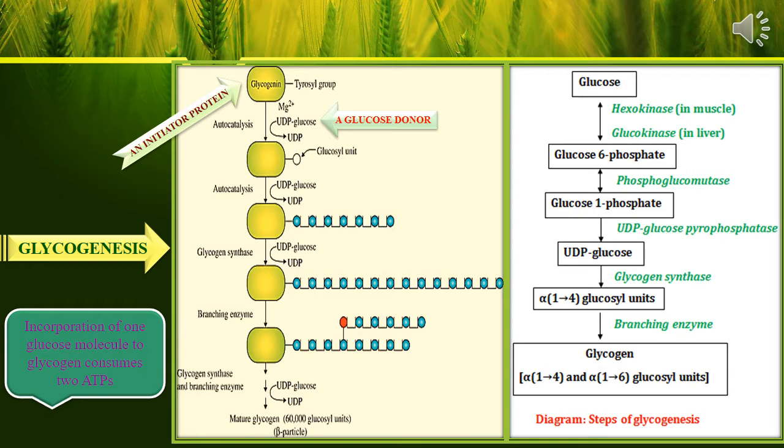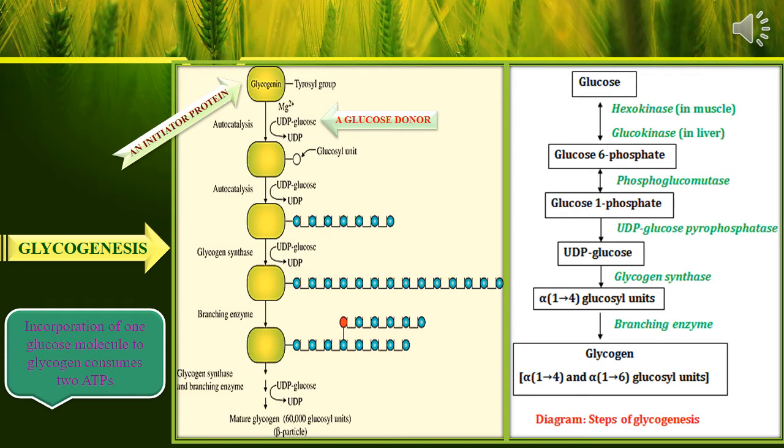As mentioned in the picture, a chain is formed, and by means of glycogen synthase, glycogen starts to be synthesized. Then by means of the branching enzyme, through alpha 1,6 linkage, a branch is formed in the glycogen molecule. Then again by means of glycogen synthase, many glycogen chains are formed through alpha 1,4 linkage, at last to get 60,000 glucosyl units in the glycogen. So a complete glycogen will have 60,000 glucosyl units. Glycogen is nothing but a polysaccharide, a carbohydrate.